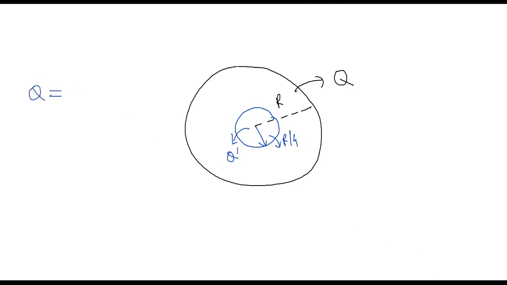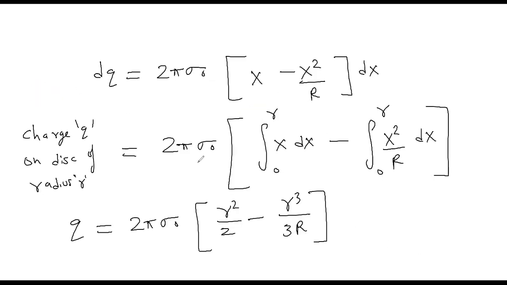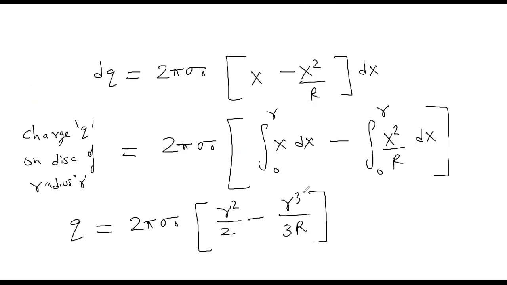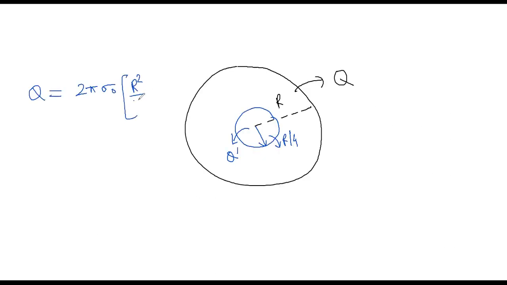So Q will be equal to, by this formula, 2 pi sigma naught (R square by 2 minus R square by 3). So Q will be equal to pi sigma naught R square by 3,